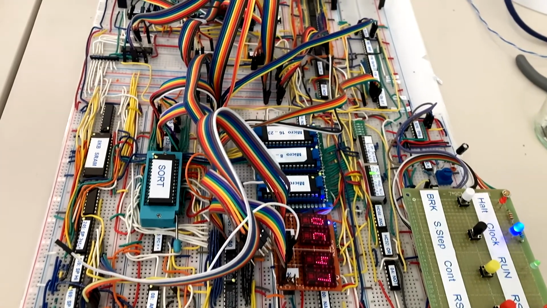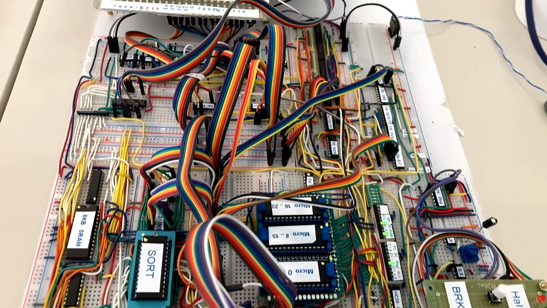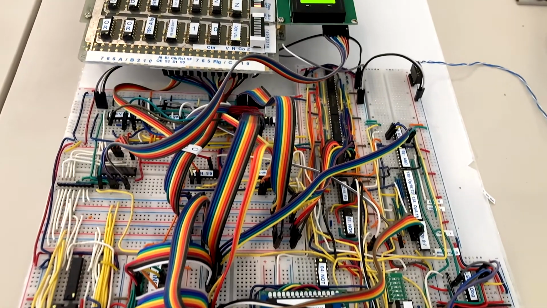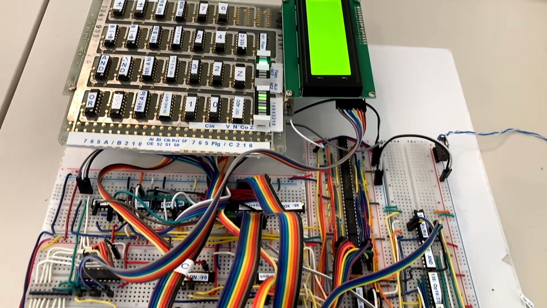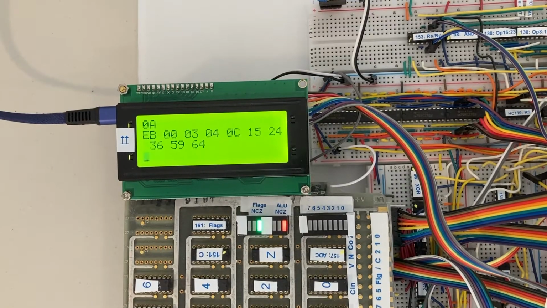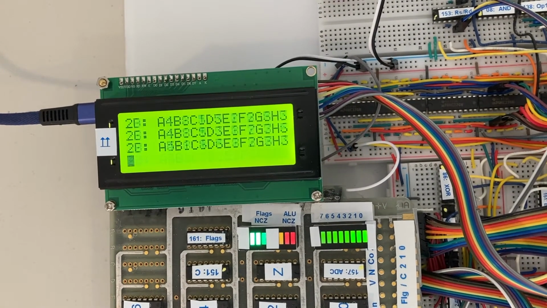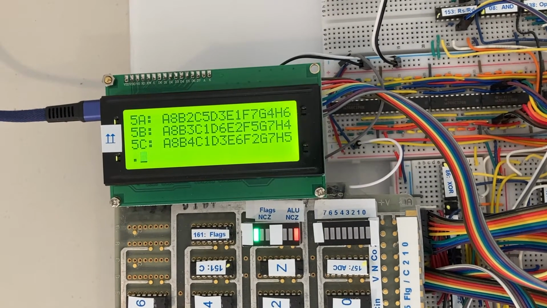Okay, so it's not gonna be running Doom anytime soon, but you'd be surprised what kind of programs you can make with such limited hardware. Right now, in fact, it's recursively inserting a list of numbers into a binary search tree, which it will then traverse to print them out in increasing sorted order. We've also implemented an 8 queens problem solver, which finds all possible ways of placing 8 queens on a chessboard such that none of them threaten each other.